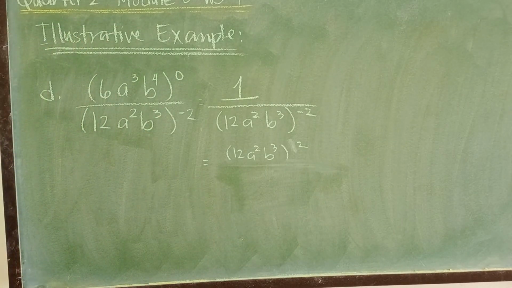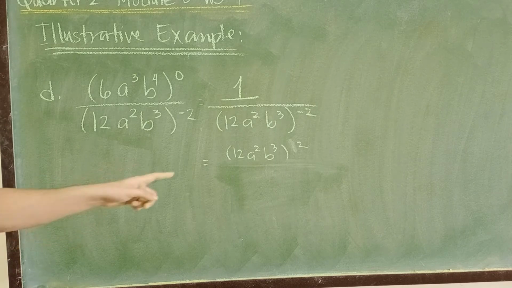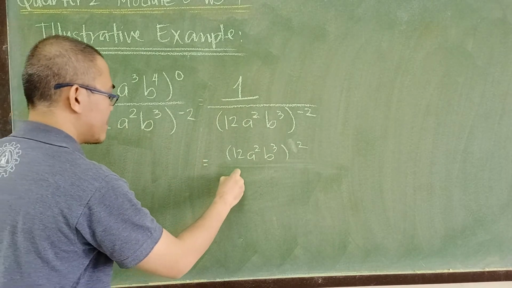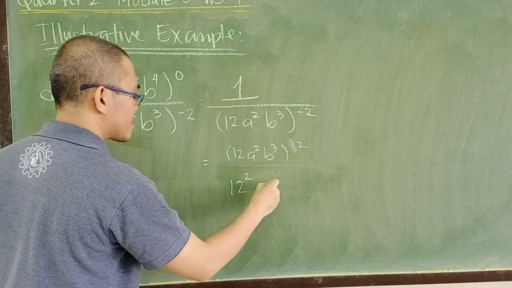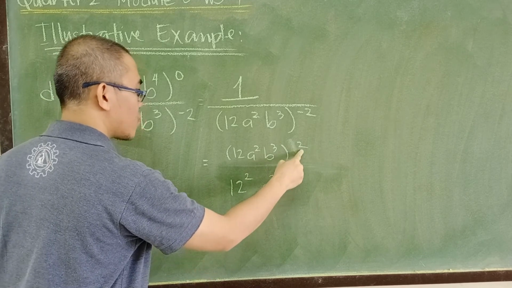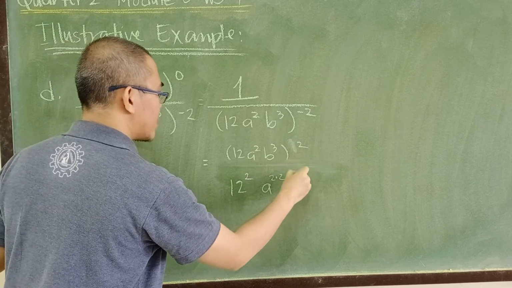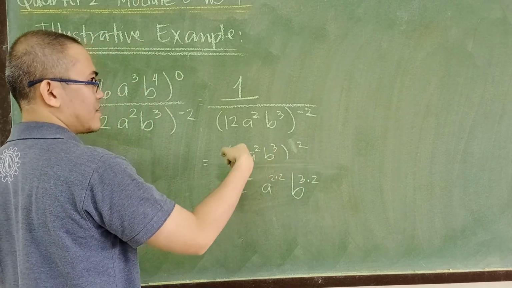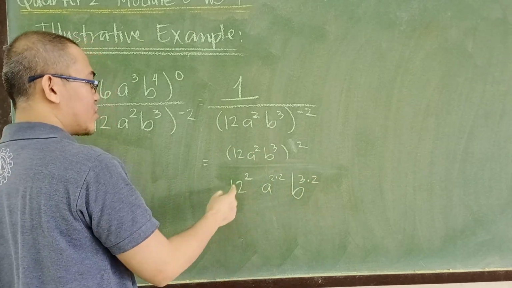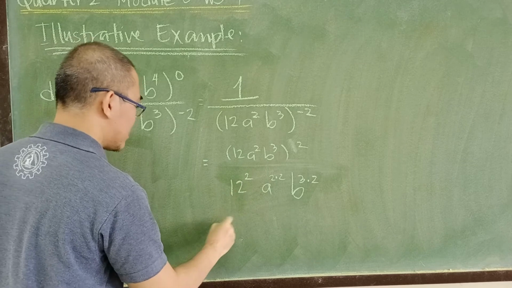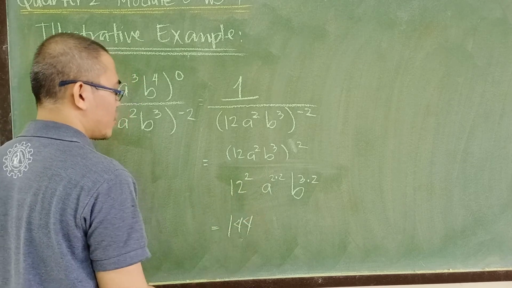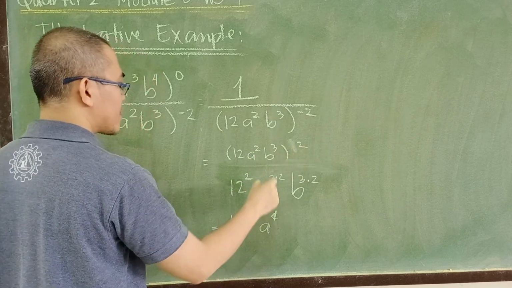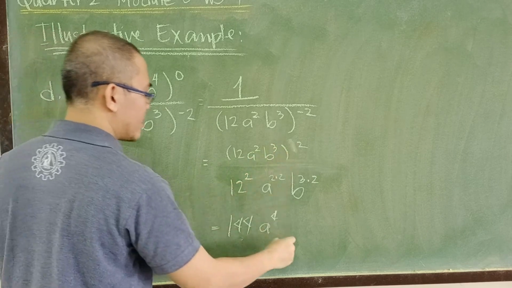And now we can proceed with power of power rule, wherein i-distribute mo exponent sa labas sa mga terms dito sa loob. So magiging 12 raised to 2, a raised to 2 times 2, b raised to 3 times 2. So silang tatlo, meron silang additional na exponent na 2. So, dito sa 12, i-raise sa 2, this is 12 times 12, which is 144. A raised to 2 times 2, that is A raised to 4. B raised to 3 times 2, that is